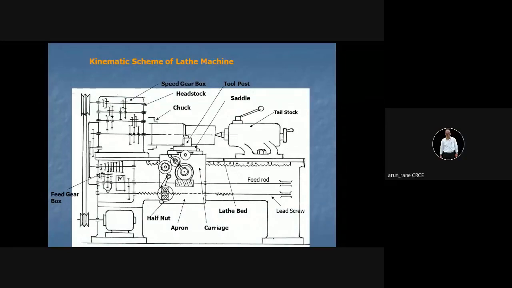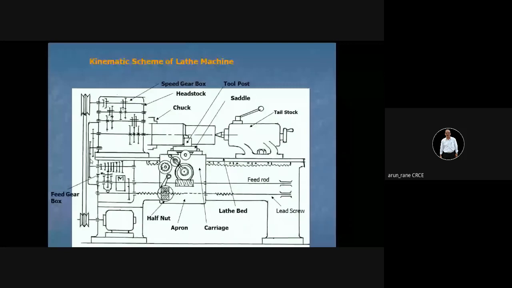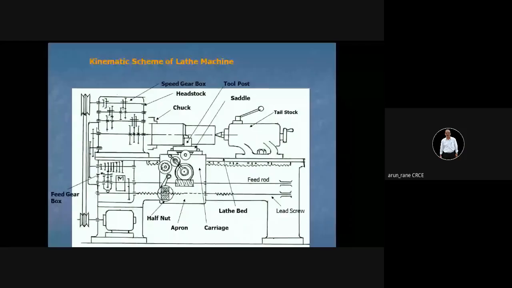Yes, sir. So the drive transmits from the headstock. It transmits to this shaft. Now again, this is a gear and this is a gear. From here, the drive goes to this shaft, so this shaft will rotate on this. Now these gears rotate too. So again, this is the shaft. This is called the feed gear. The drive is transmitted from here to here, then from this side it comes to this shaft.